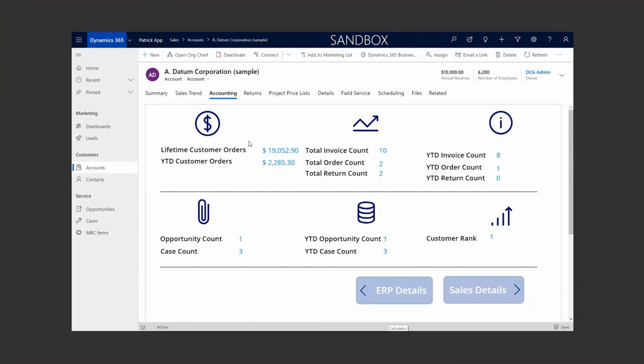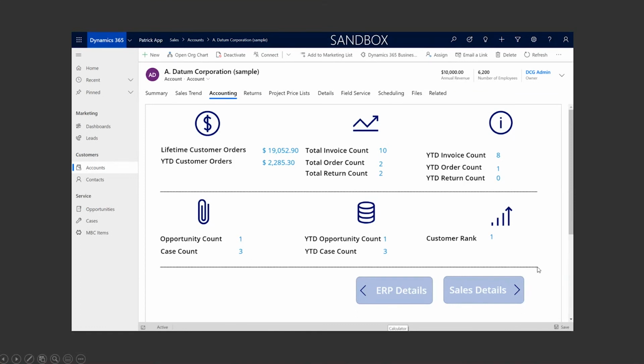So this is an example here of, again, on a customer engagement account record, I can go to my accounting tab, and all this data that I'm looking at doesn't actually live in Dataverse. So we've built this dashboard where orders are actually coming from an SAP system, invoices are coming from that same SAP system, opportunities and cases are coming from Salesforce, and then customer ranking is a calculation that we're doing in order to rank customers based on past history. So all of that data is being combined across 3 different systems, including calculations, and showing that inside